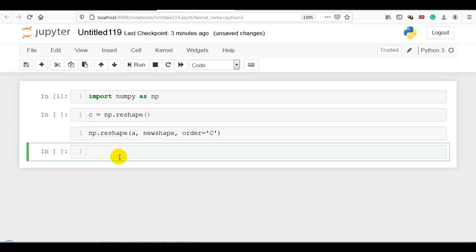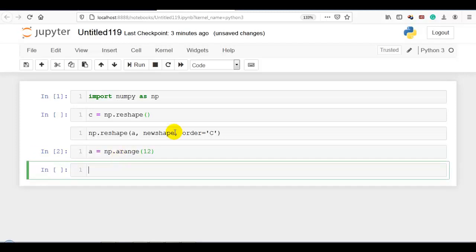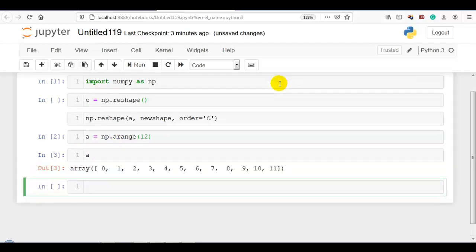So first let us create the 1D array using the arange function. Let me take A and np.arange with 12 elements. Now you can see it is 1D.